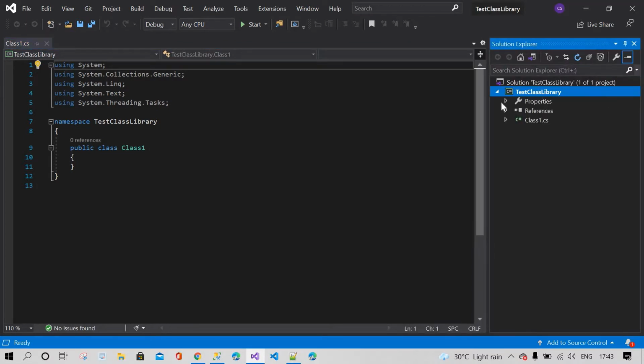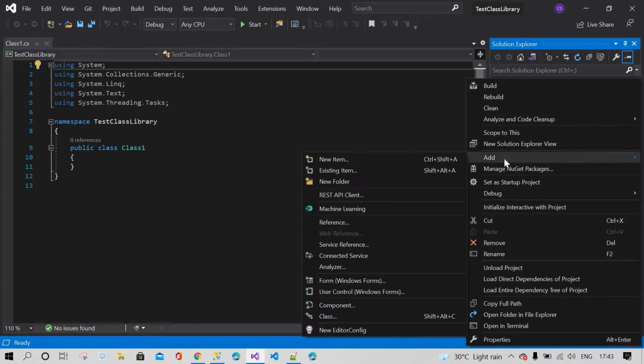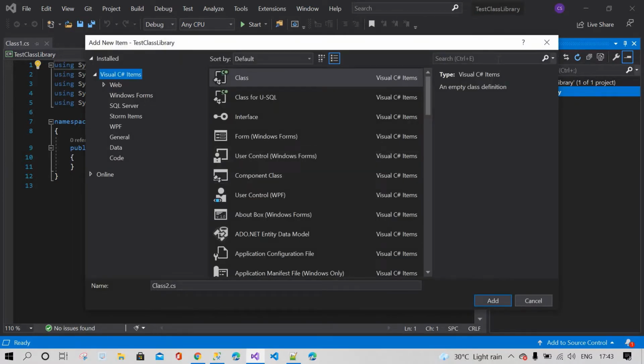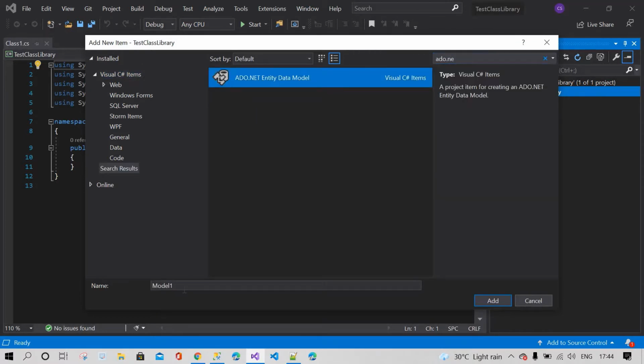Now I'm going to add a new item. I'm giving the name as Northwind entities, Northwind DB context.